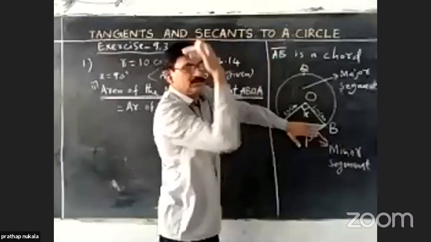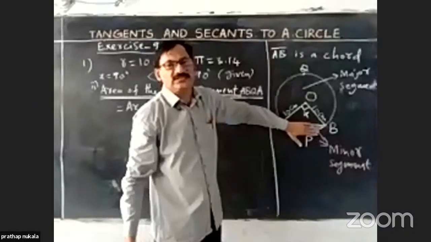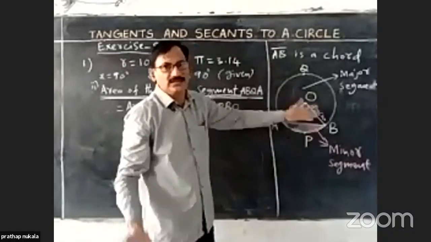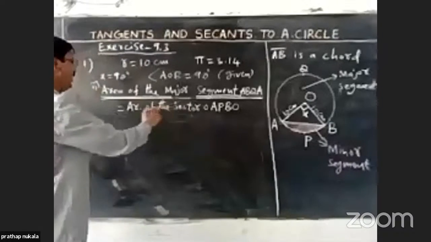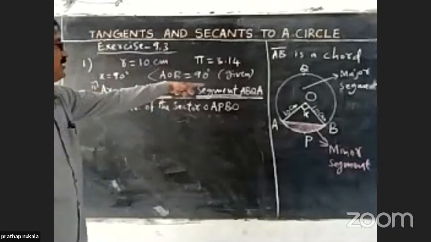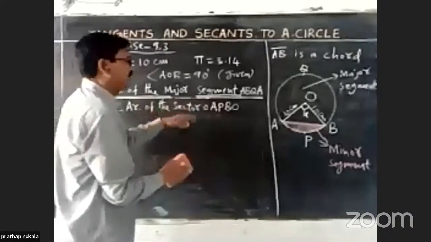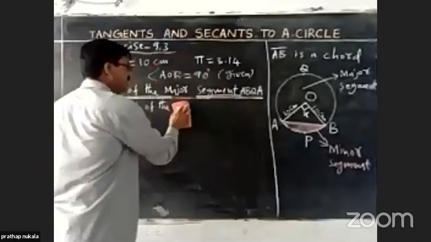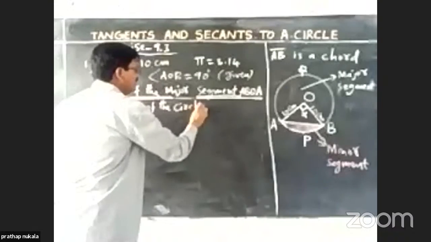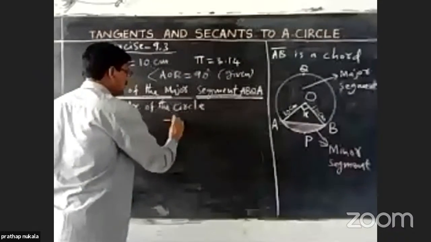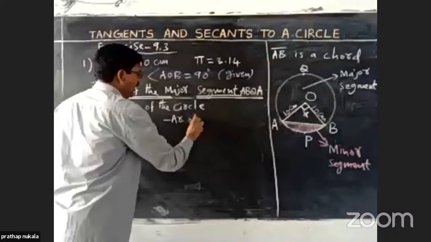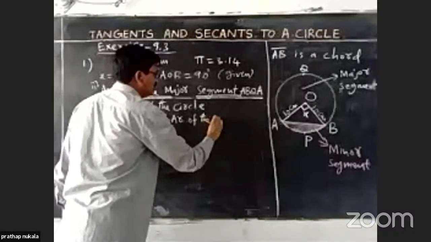We will get the area of the major segment. That's all. That means area of the major segment ABQA equals area of the total circle minus area of the minor segment